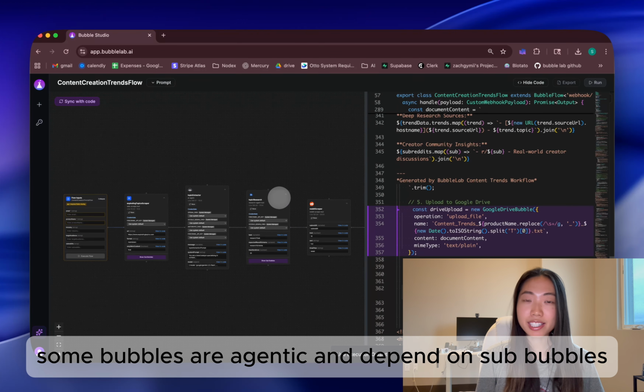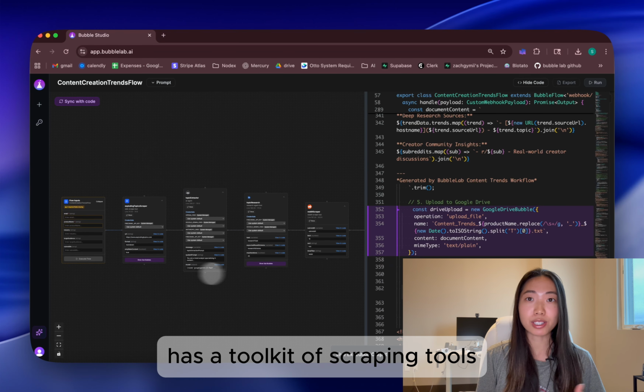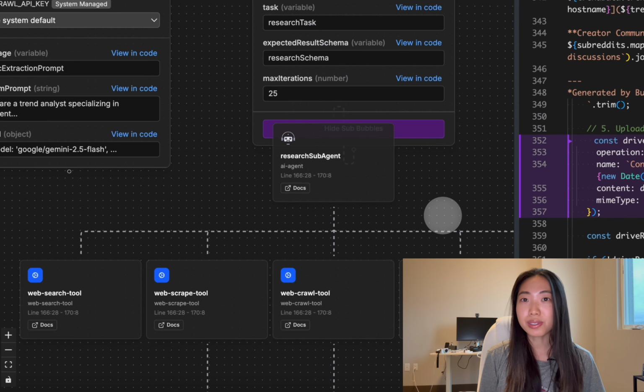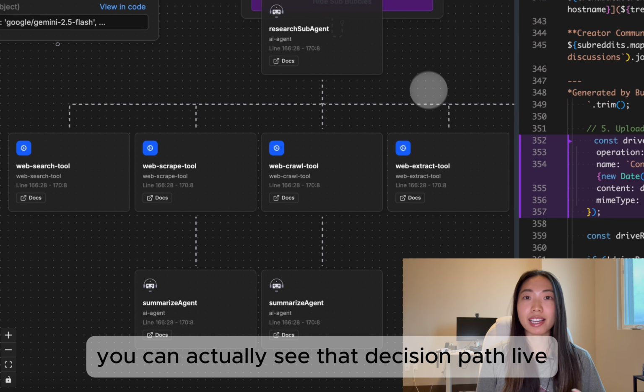Some bubbles are agentic and depend on sub-bubbles. So for example, our topic research agent here has a toolkit of scraping tools. Every time it runs, it's deciding on which tools to use. And because everything in Bubble Lab is designed to be extremely transparent, you can actually see that decision path live